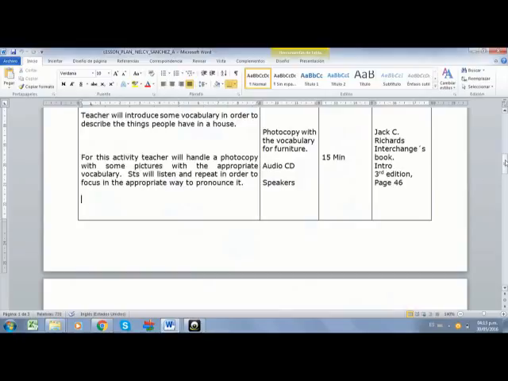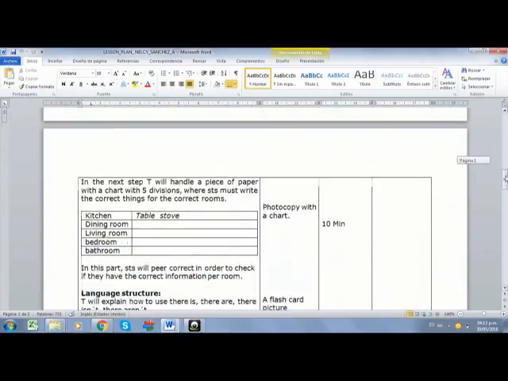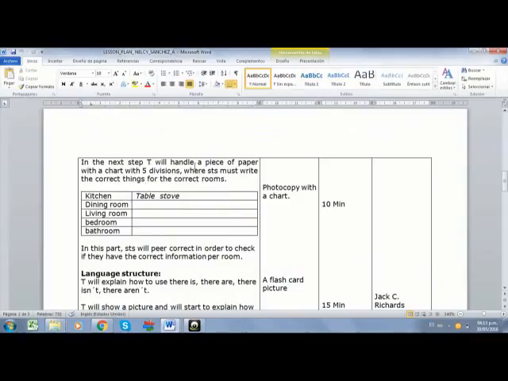Following this, after the students see this picture, in the next step I'm going to give the students a piece of paper, as you can see over here in the lesson plan. This is a photocopy with a chart, where the students will have to label the things that are in the pictures in the chart. So I have an example, the kitchen. What is there in the kitchen? I'm introducing there is and there are. And then we can say there is a table in the kitchen, there is a stove in the kitchen. And once the students have the knowledge about every room, they will label the